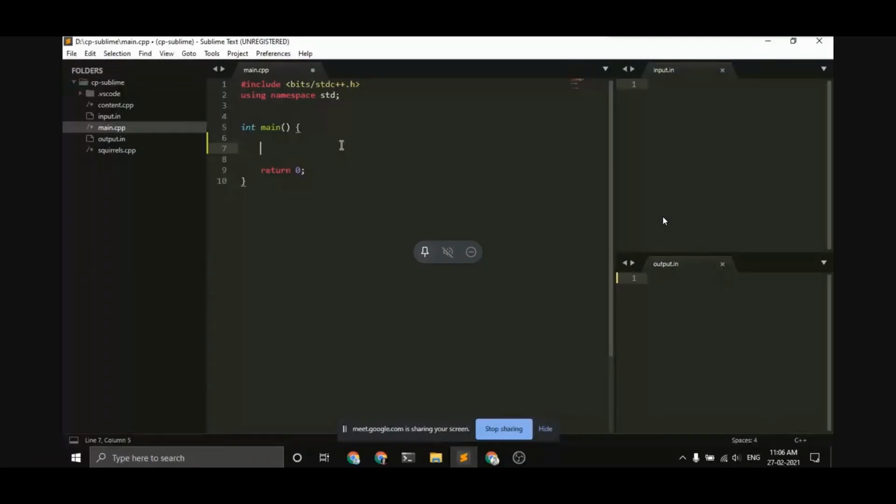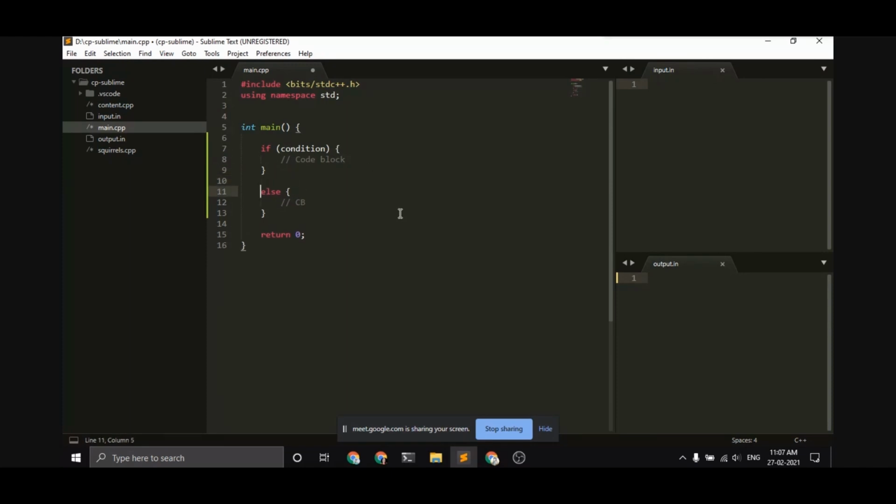Let's just start with the syntax of conditionals in C++. So to write the if else statements, you write the keyword if, open parentheses, and here you write the condition. And in these curly braces, you write your code. So basically, this code block will execute if this condition is true. And just after the if condition, you have the else block. Inside this code block, you write code for it. So this code block will execute when this condition is false. This will execute when this is true.